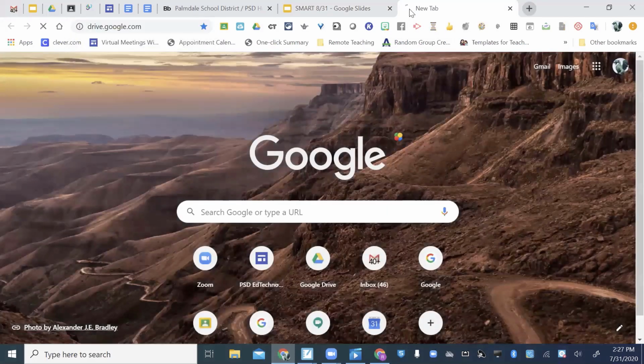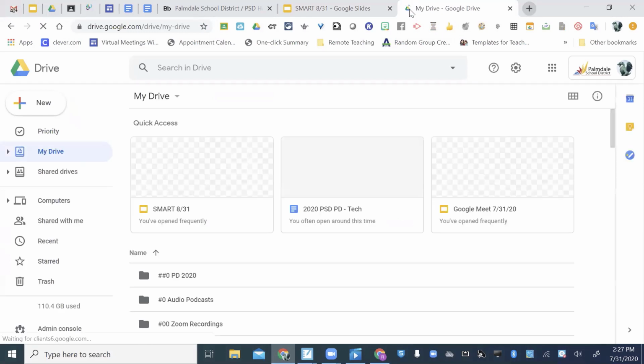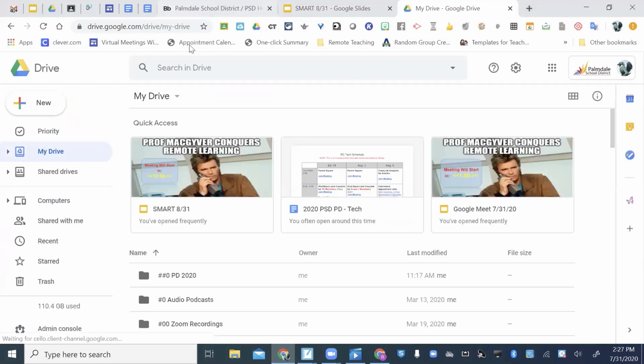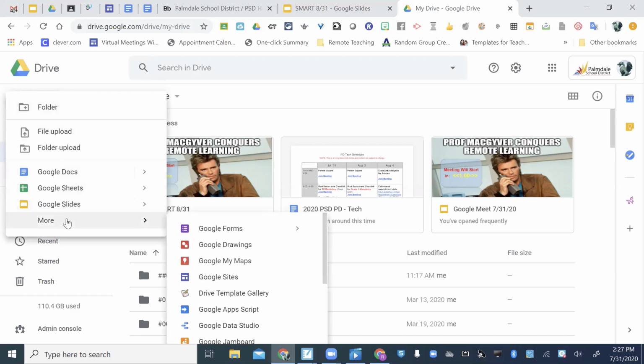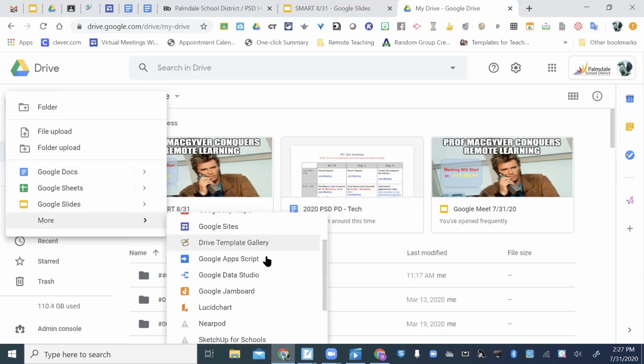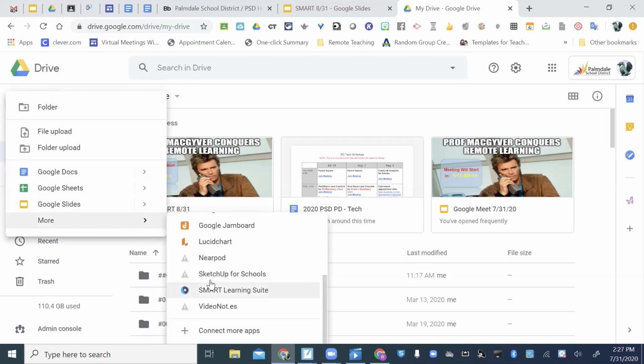So let me go to Google Drive. And to do this beautiful thing, if you've ever wondered about all the things you can do from Google Drive, by clicking on the new button on the left, you see Docs and Sheets and Slides, but there is the More, and the More is important. And as you scroll all the way down past those normal Google apps, you're going to see something called Smart Learning Suite. Now I'm going to click on that